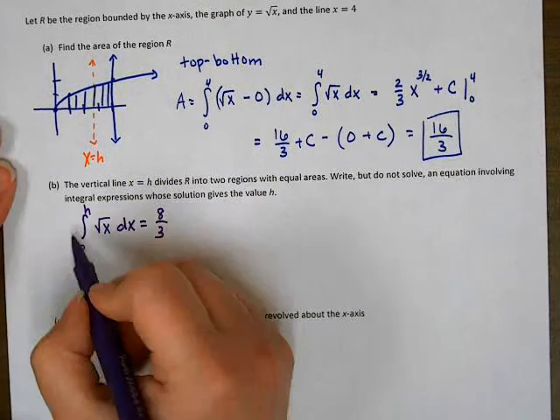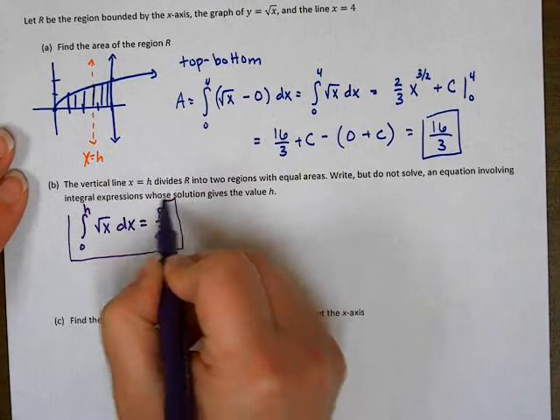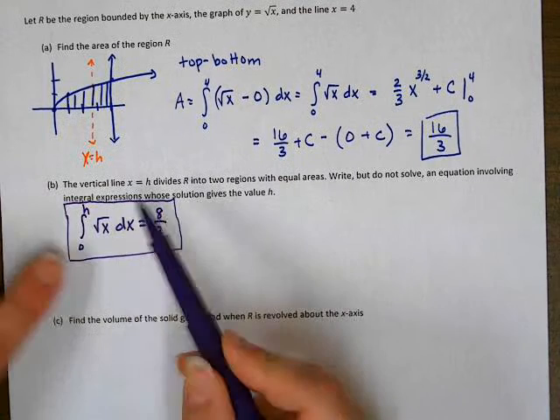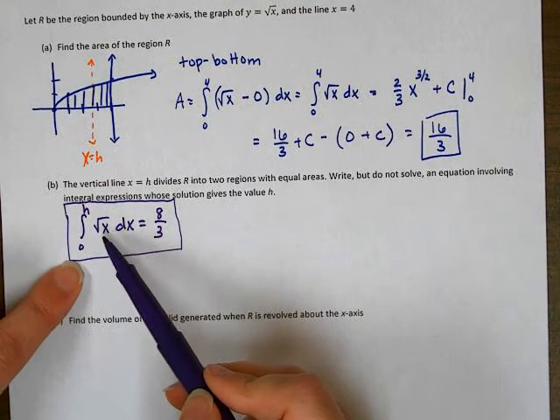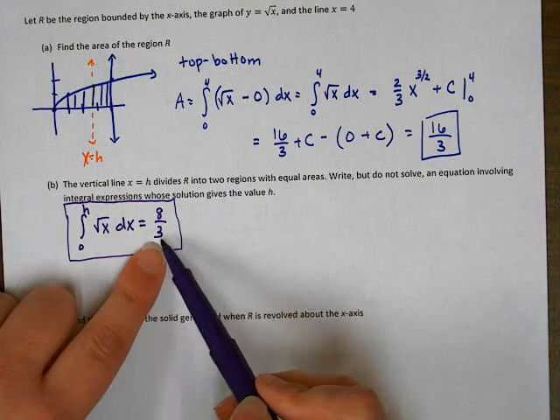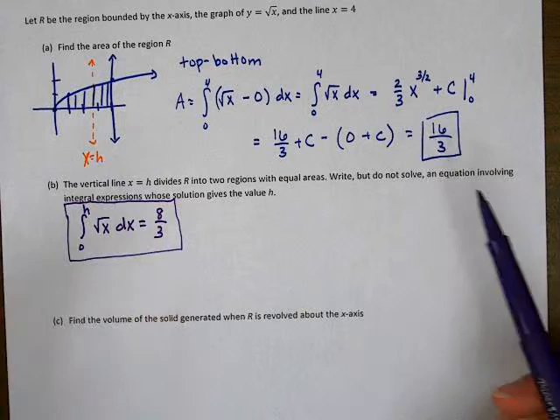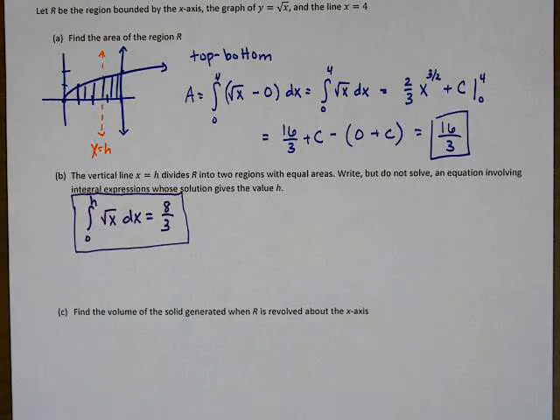All right, so that's one way that we could write an answer for this. This is telling us that the integral from 0 to h of the square root of x dx is half of the area we found in part A. All right, the other way that we could write it